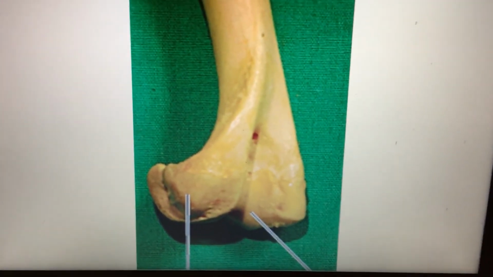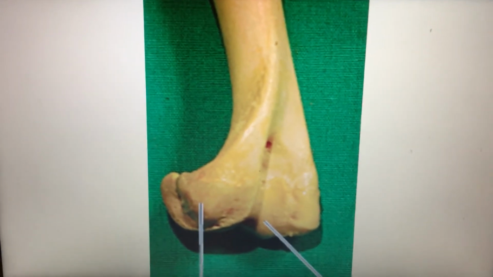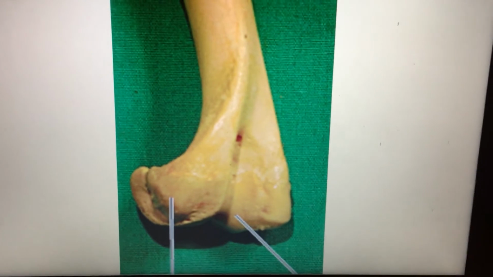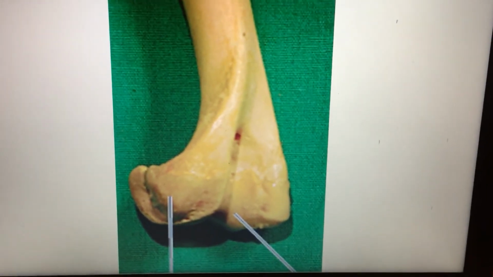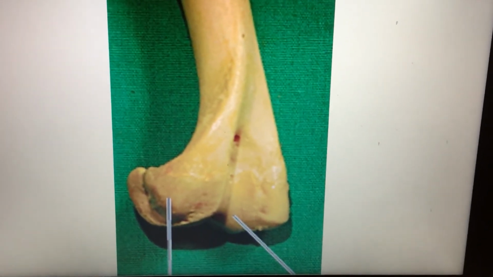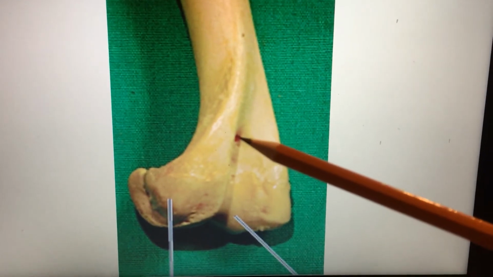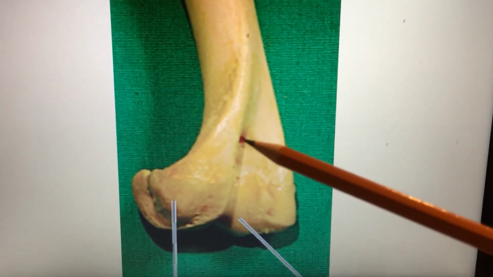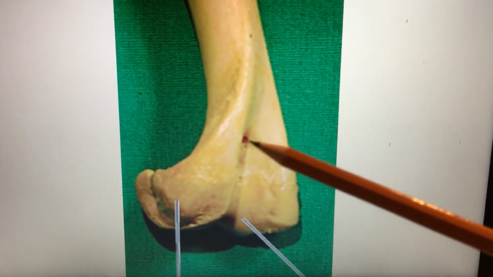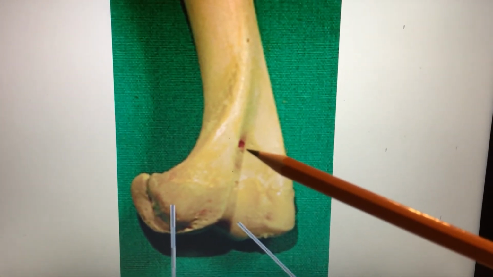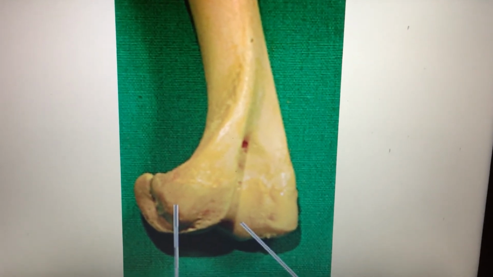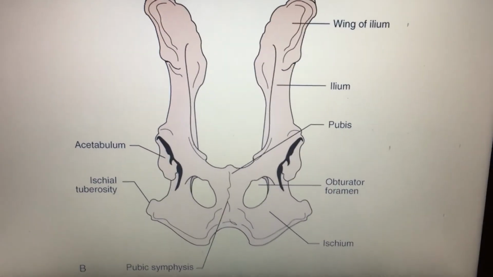Next is foramen, or holes. So these are holes in the bone. They're usually where a nerve or blood vessel pass through. So you can see one really clearly right here. This is the distal end of a humerus. There's this little tiny hole here where nerves and blood vessels can pass. And then the other example is on the